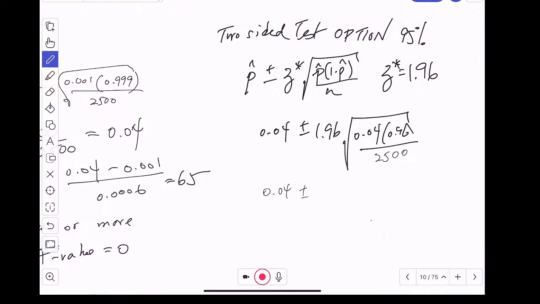So this is 0.04 plus or minus 0.0077. So I'm going to subtract that from 0.04. So I get 0.0323. I'll just leave it like that. Comma, and 0.0477. So what we've made is a confidence interval